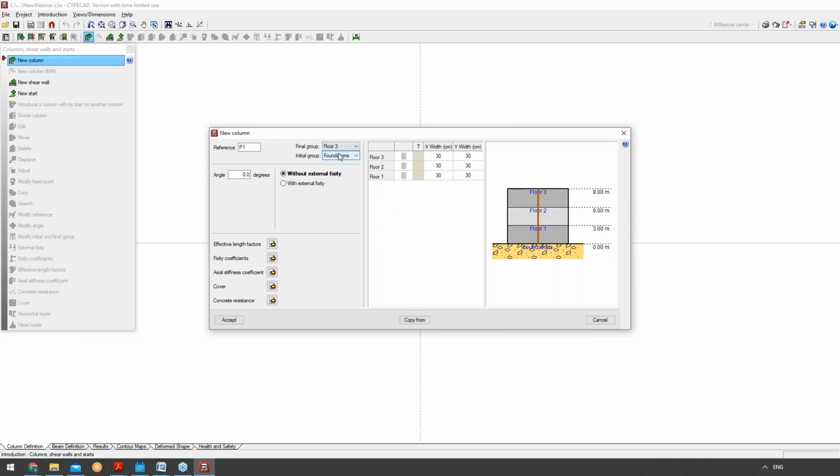So this is where we get into more complicated structures that need starts or columns from different levels as well. But of course, I'm going to leave it here as the foundation to my top floor. I can introduce angles to columns as well. So if I had different angles that I'm able to introduce as well, we'll be able to see that